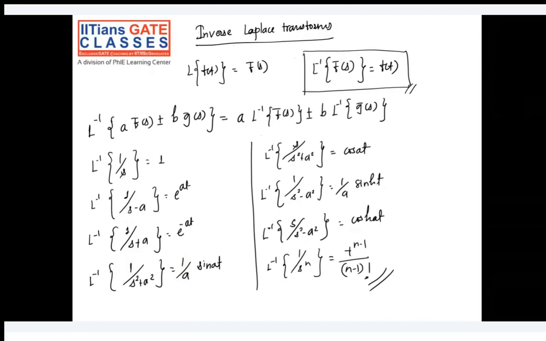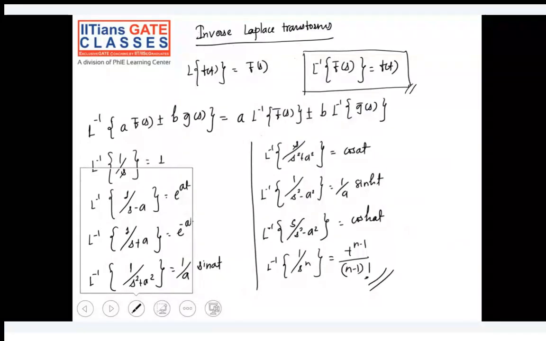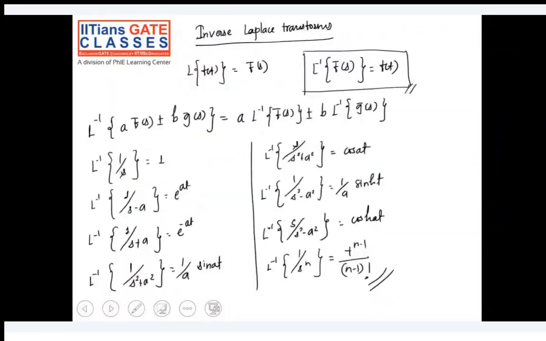In the same way, inverse Laplace transform of s divided by s square plus a square is cos of at. Similarly, inverse Laplace transform of 1 divided by s square minus a square is 1 upon a sine hyperbolic of at. Inverse Laplace transform of s divided by s square minus a square is cos hyperbolic of at,